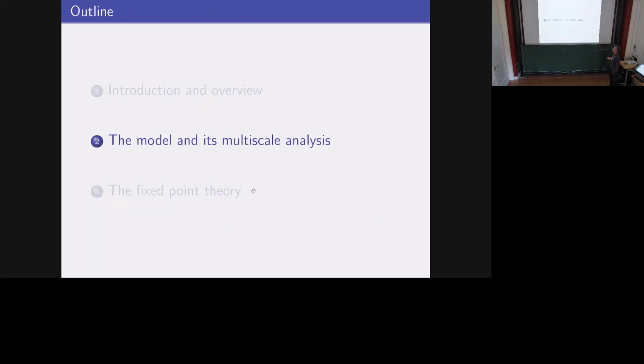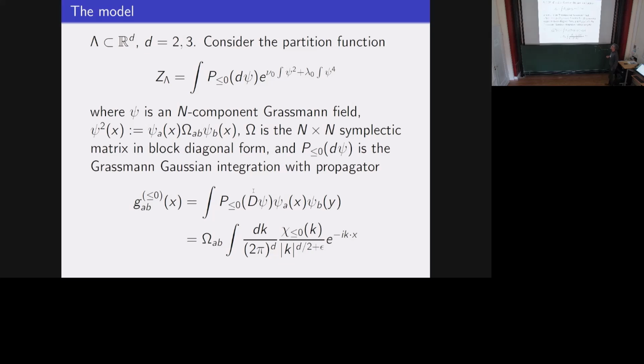Okay, so let me now start to define more precisely the model. The model I would like to focus on is the fixed point theory, but in order to define the fixed point theory, I need to tell you something about the renormalization group map. So it's not completely trivial, the definition. I may give you the definition just from scratch, but I don't think it will be very understandable. So let me try to sketch the kind of construction, the RG construction,